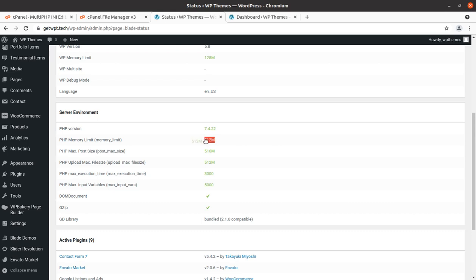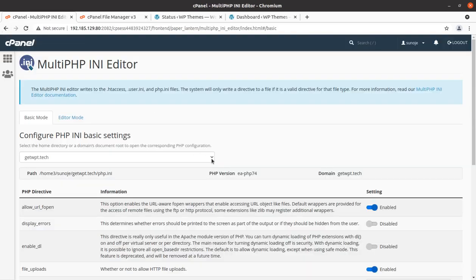This can be handled from two interfaces. I have this cPanel, so you might have access to your cPanel, and this is the multi PHP INI editor.